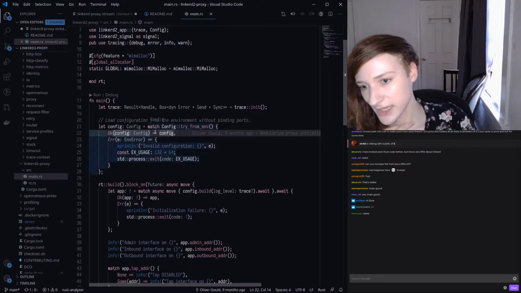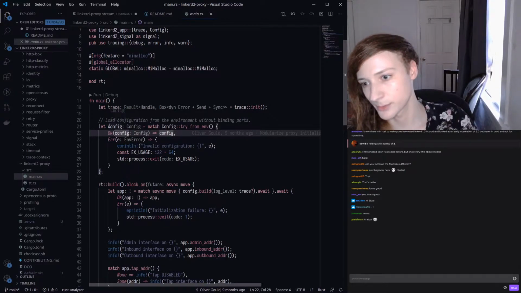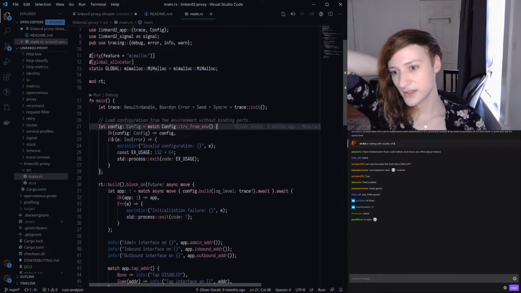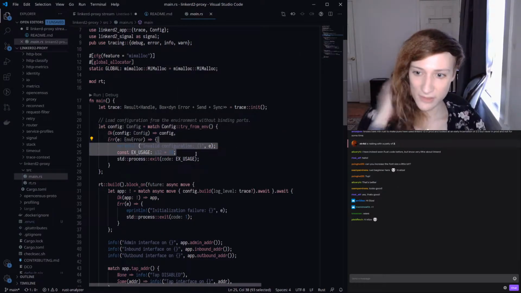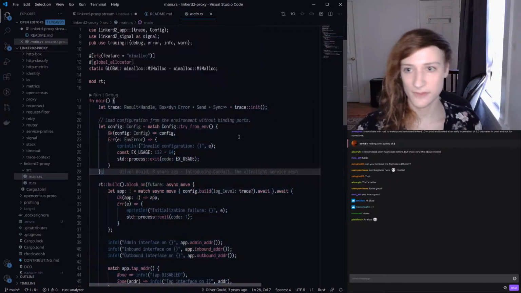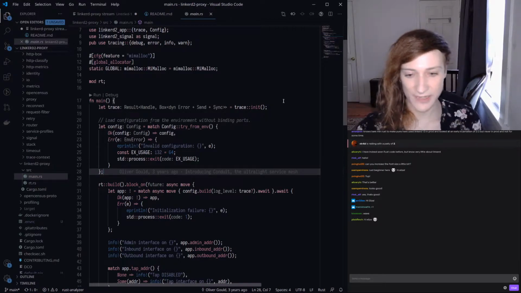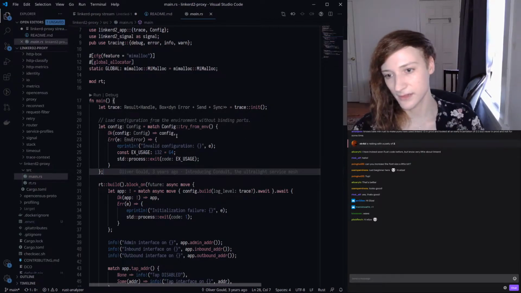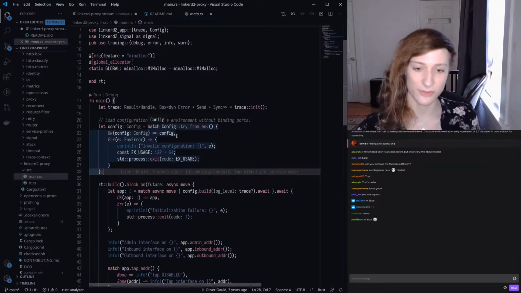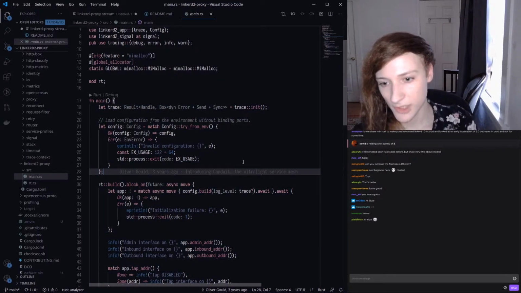So if it's Ok, we extract that Config and we assign it to this config binding. And if it's an error, then we handle the error here. So instead of having a first-class notion of exceptions, we just pass around these data types that we then match on their values, or we can do other things. There are combinators, but that's the primary principle.